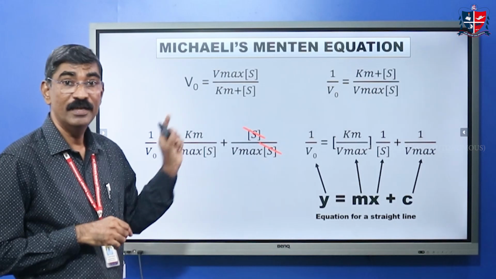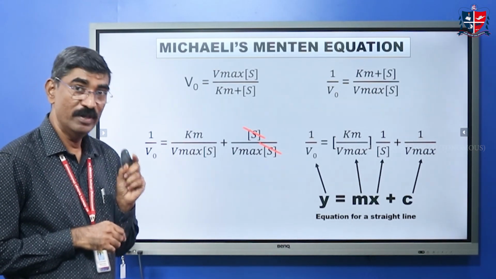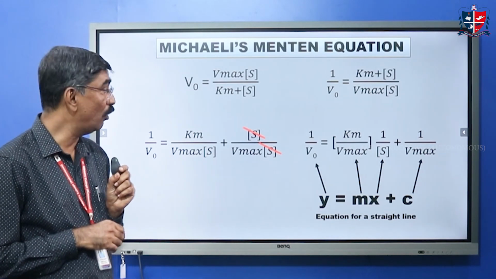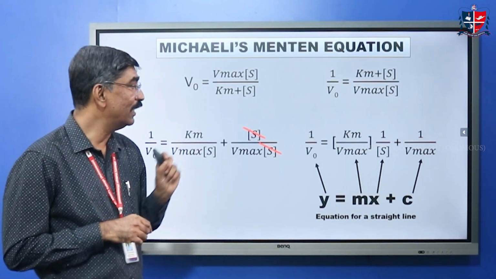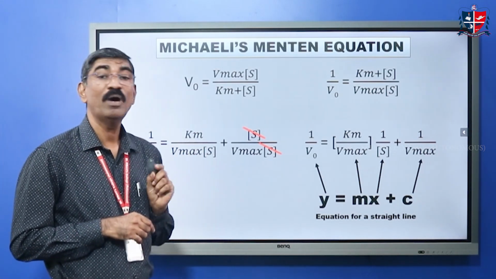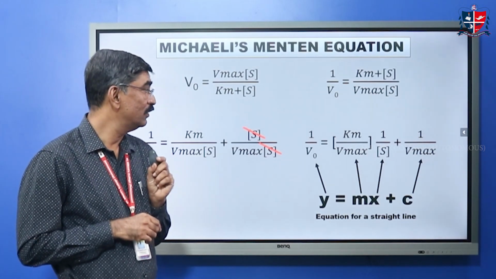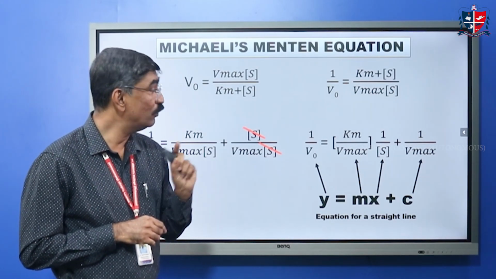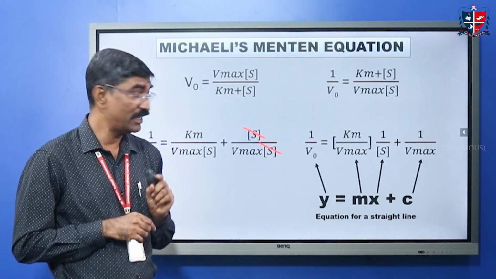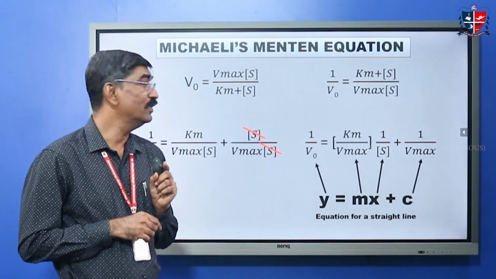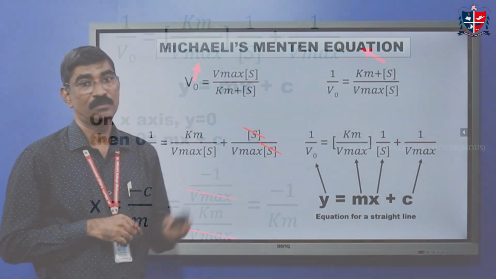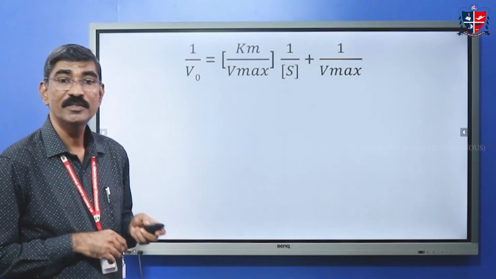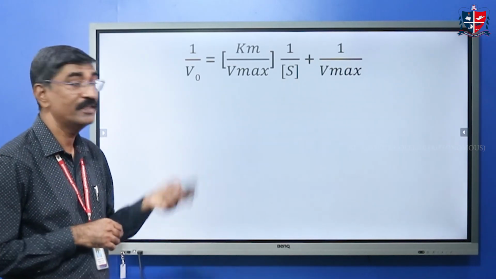So this y denotes 1 upon V0, that is initial velocity. M is the slope, that is Km upon Vmax. Then x is the x value, that is 1 upon substrate concentration, and c is 1 by Vmax. So this equation can be related to the equation for the